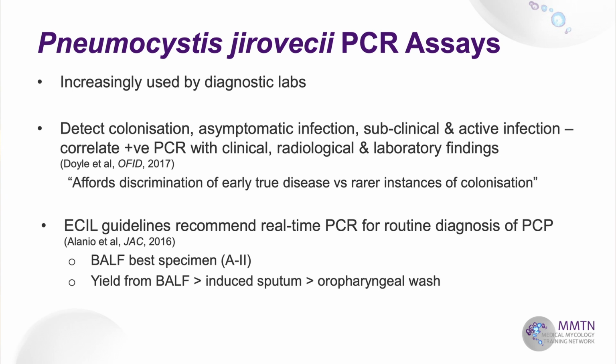It does detect colonisation, asymptomatic infection, subclinical and active infection. So it's really important that a positive PCR result is correlated with radiological and other laboratory findings. The ECIL guidelines do recommend the use of real-time PCR for routine diagnosis of pneumocystis. Bowel specimens are the best specimen, but you do get positive results from other specimens when perhaps a BAL specimen